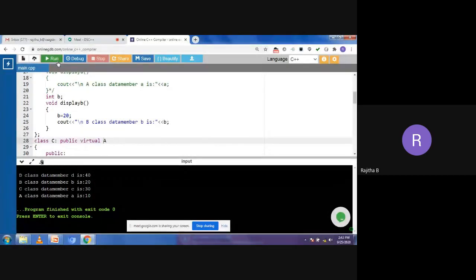When you're taking multi-level and multiple, there is no problem like this. No copies will be created in the directory. Simply you can take the program and execute it. No issues in taking the multi-level and multiple. So the second assignment is to take the combination of multiple and multi-level inheritance and execute it.